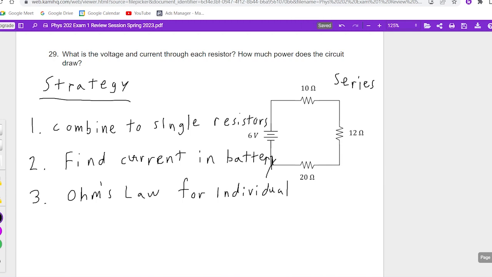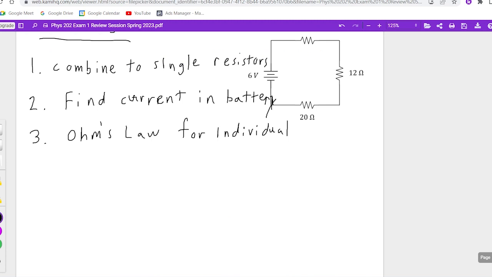Okay, so this problem is actually not so bad. I can combine the 3 of them in series, which again, for resistors, that's the easy one. So the total resistance is just equal to the 3 numbers added together. It's going to be 10 plus 12 plus 20. And that's going to be a total of 42